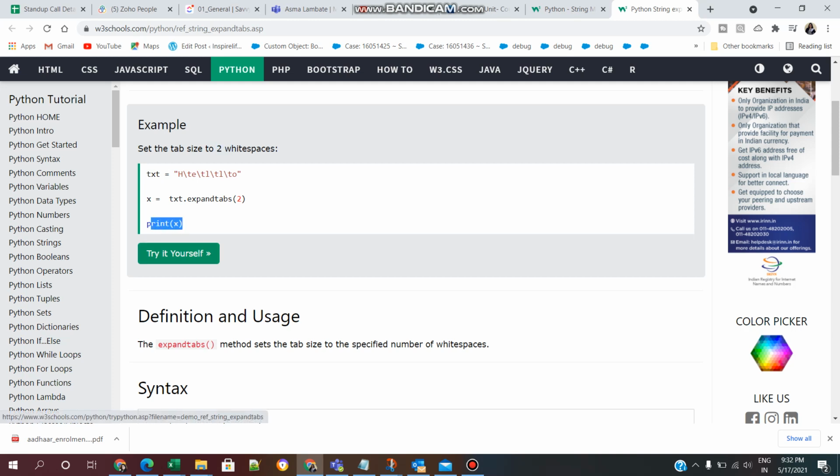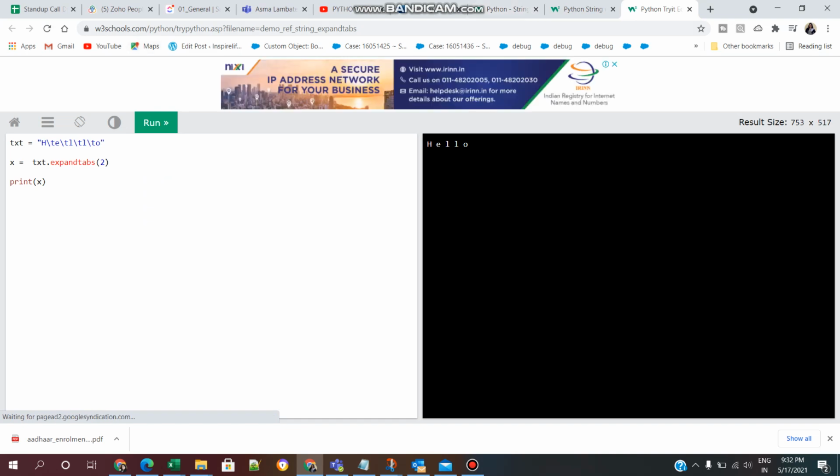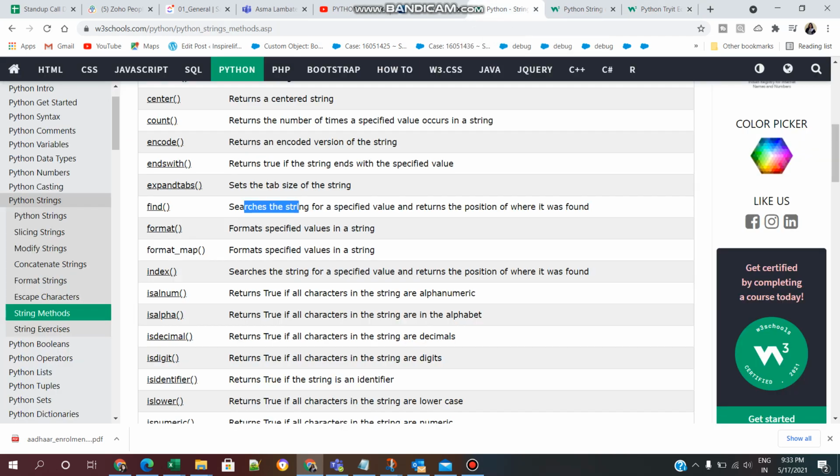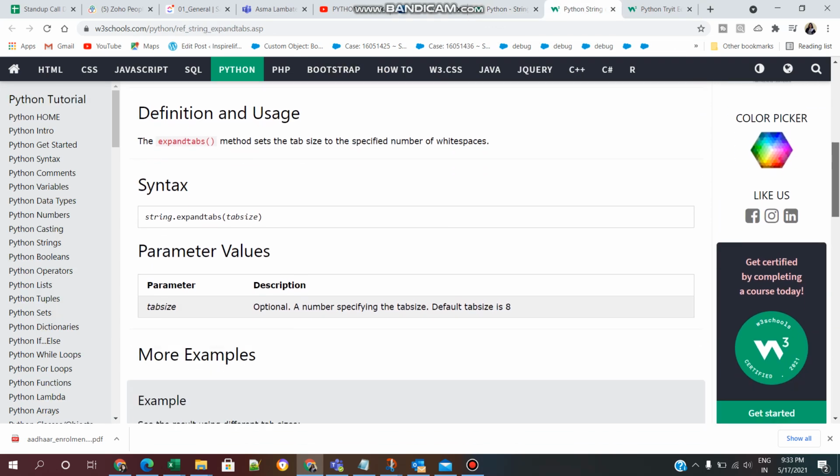Now click on try it yourself. Now you can see here we are giving tab space after h, after e, after l, after l. Like that we are giving tab spaces, white spaces. So we are getting output like this. This is the usage of the expandtabs method.